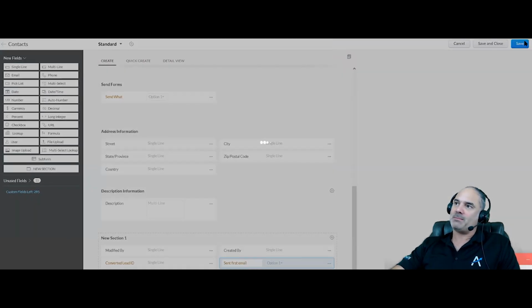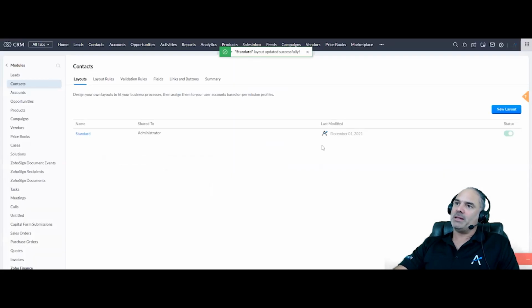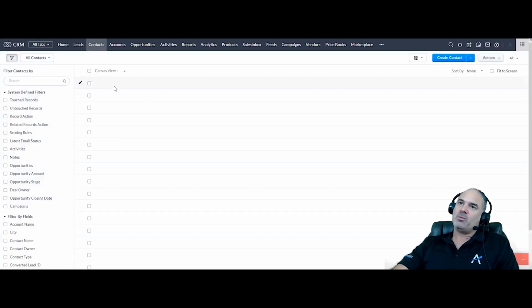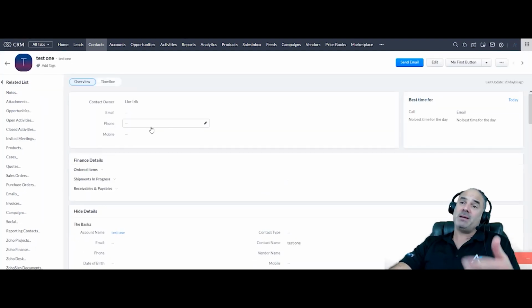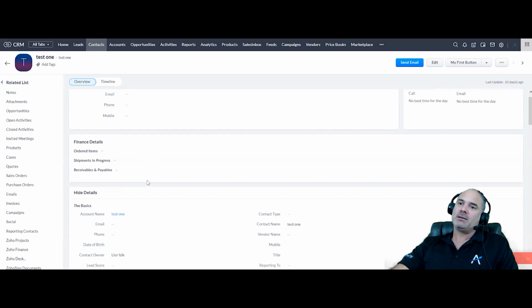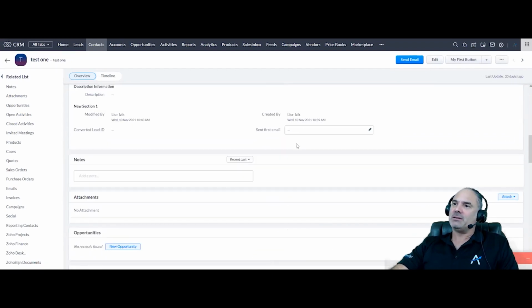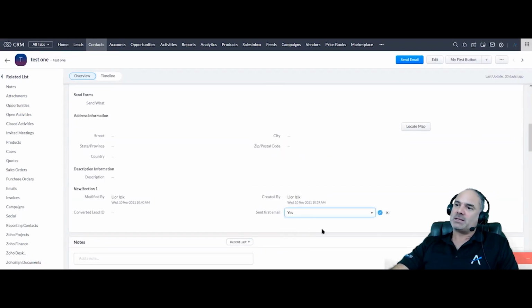So that's step number 1. Step number 2, when there is a new meeting, this field will be changed to yes, and then in the workflow that you are going to send the emails, it will send only if this field is not yes. So if it is yes, it will not send, but if it's not yes, it will send the first one.